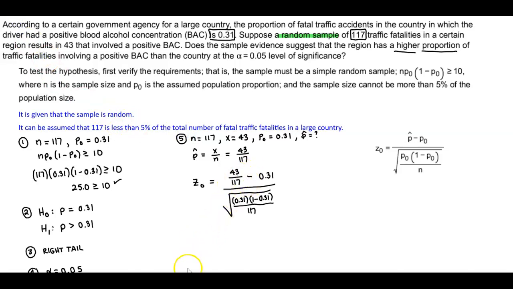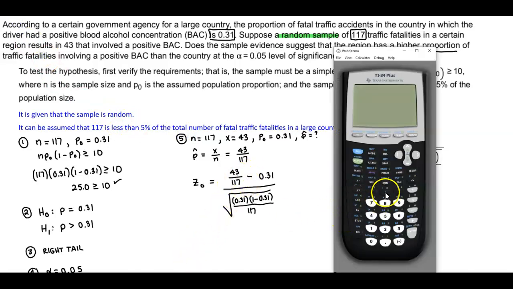Let's go ahead and do this on the calculator. So if we take in parentheses 43 divided by 117, and then we're going to subtract 0.31. Then we're going to take that answer and hit divide, and then hit second square root, and in parentheses we're going to put in 0.31, close the parentheses. Parentheses again, we're going to take 1 minus 0.31, close the parentheses, and then we're going to divide that